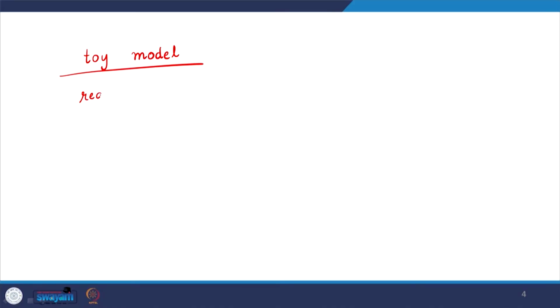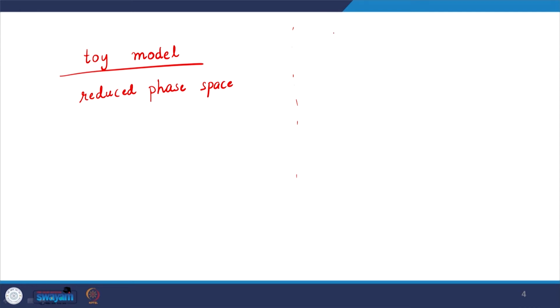So, one of the ways is I can develop what is known as a toy model, where I try to limit the phase space. I basically work with a much reduced phase space, and lattice model is an example of that. In fact, the random walk model of a drunkard who was going left and right, the example we did long back, was also an example of a toy model, right.